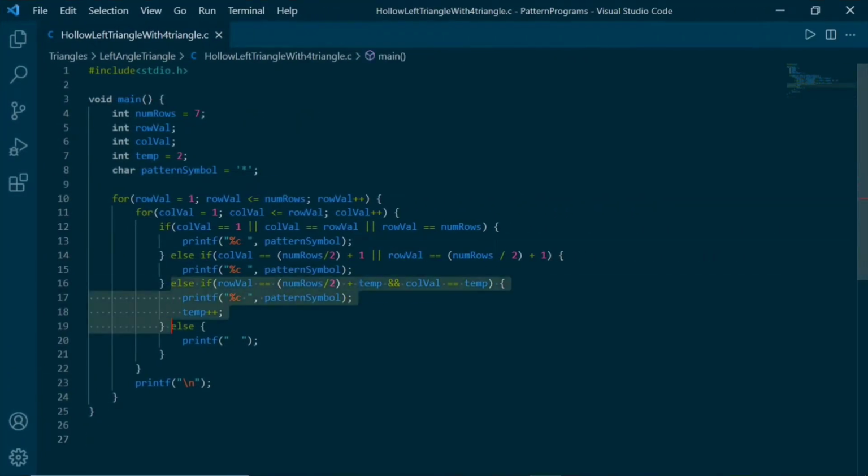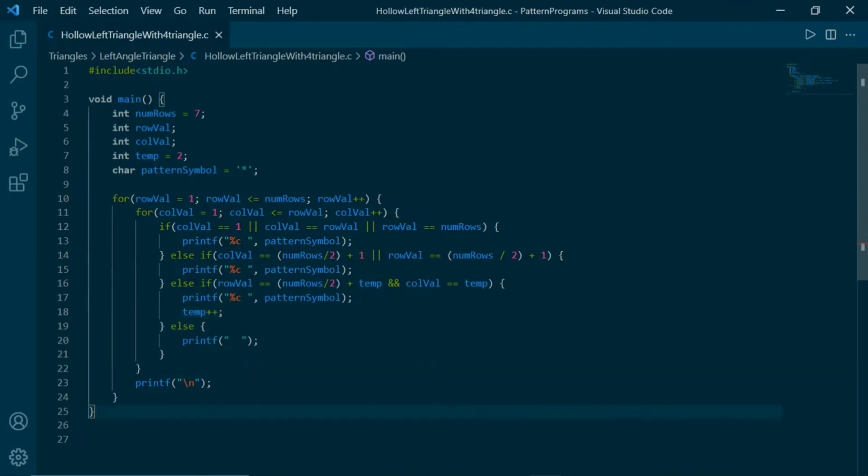Here I again use this extra else if block, and this is the main purpose of using the else if block here. It means that according to some specific conditions, we make our further decisions. Here the decision that we want is to increment this value of temp variable only when we execute this part here. If we increment our temp variable here for each value of row, we will definitely get some weird output. So I hope you get my point.